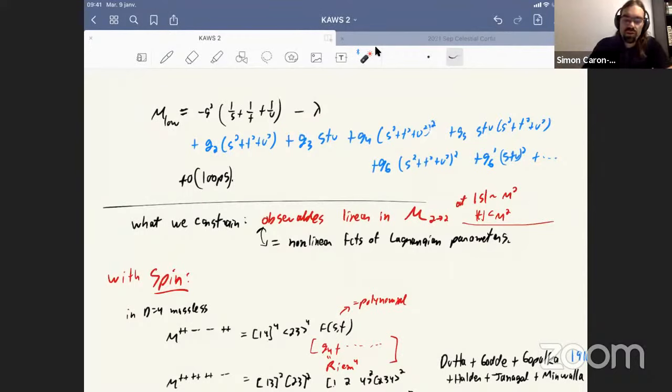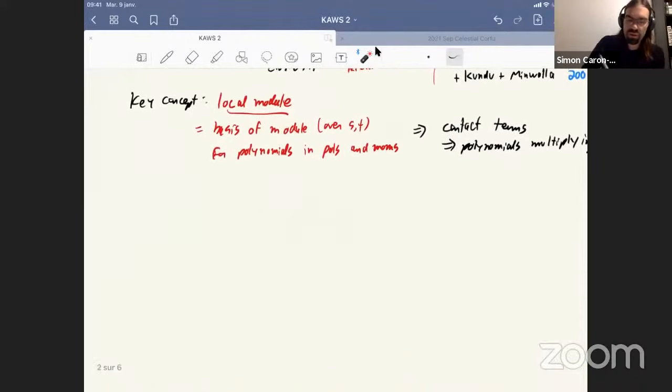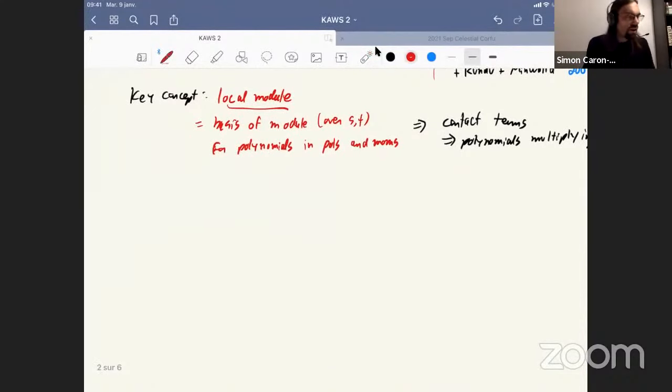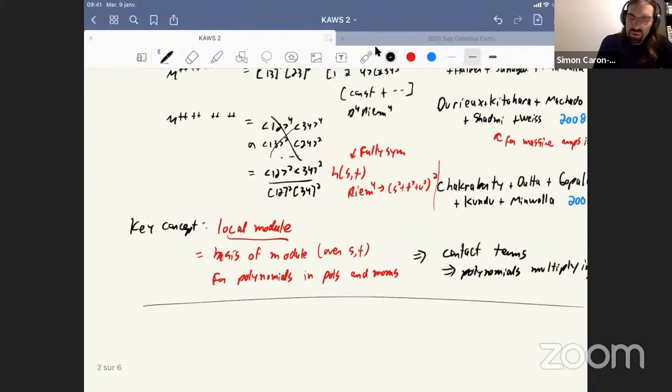So yeah, we can imagine observables that are linear in these corrections. That's how we're thinking about it. Okay, so I'm going to say a few things about the high energy part of the sum rules and then how we actually use them. The goal is we have some rules that relate low and high energy parts. And maybe before we move to high energies, I should record what we get.